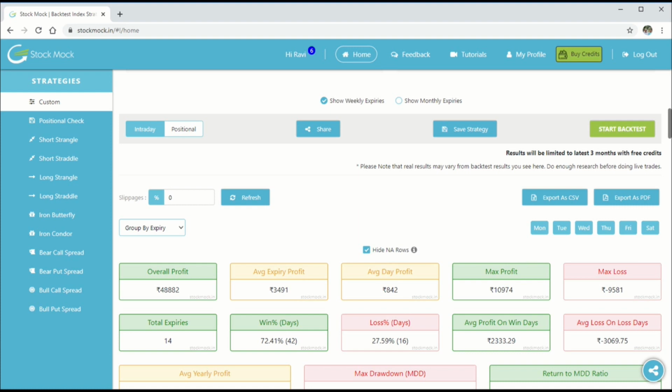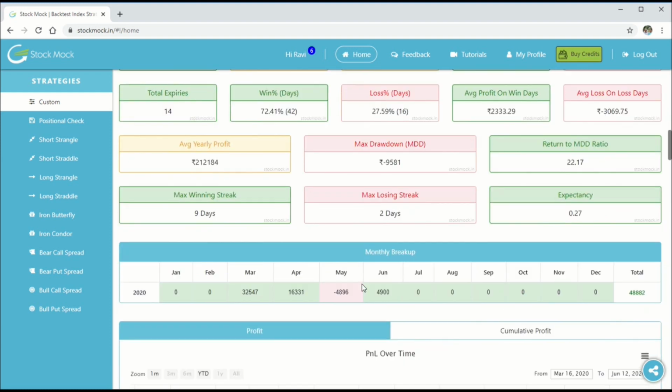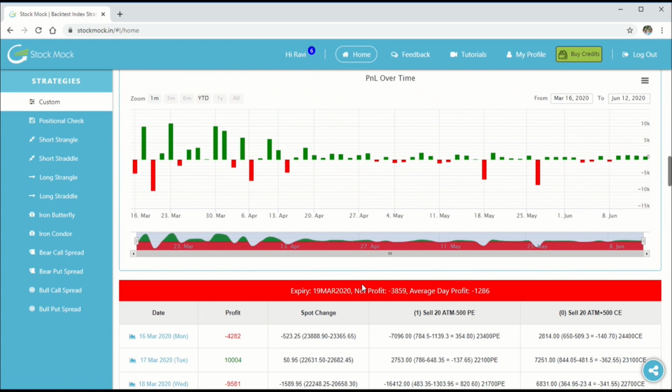And moving on to the next one. The second so-called discrepancy is, as you can see, the number of columns here might vary based on the input parameters that you provide. For instance, right now, there is day, profit, spot change, and the changes in the instruments that we trade.